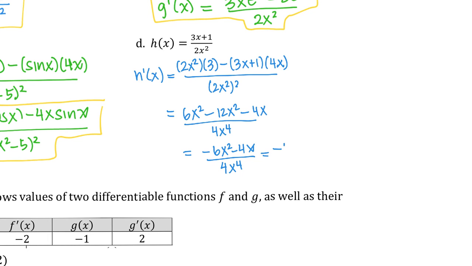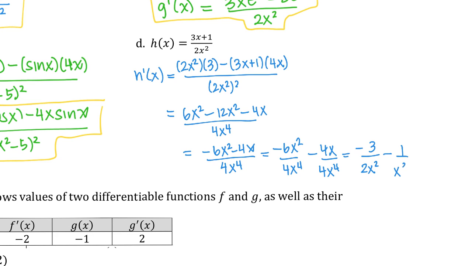Okay, I'm going to split this into 2 fractions so I can simplify each fraction accordingly. What is this going to be? This is going to be negative 3 over 2x squared minus the 4's cancel and x cancels, 1 over x